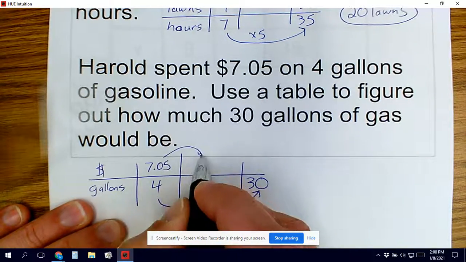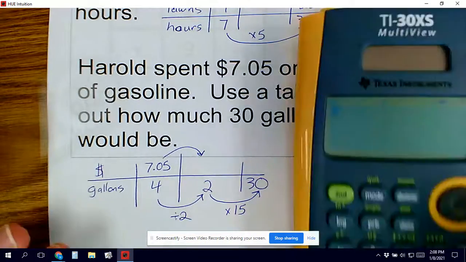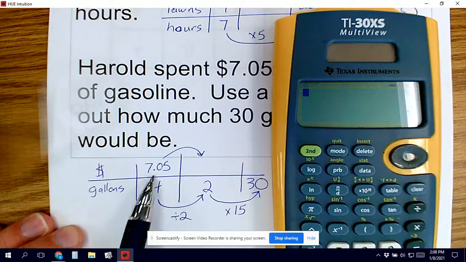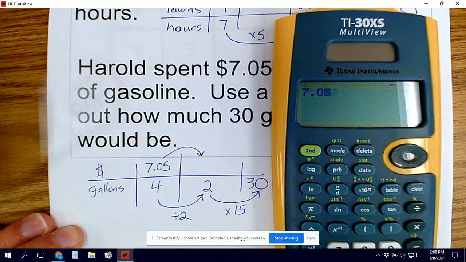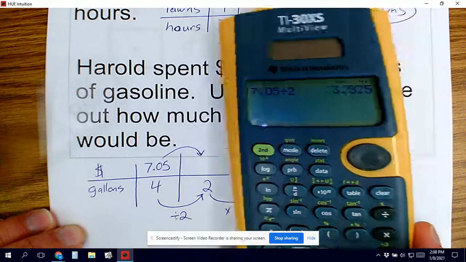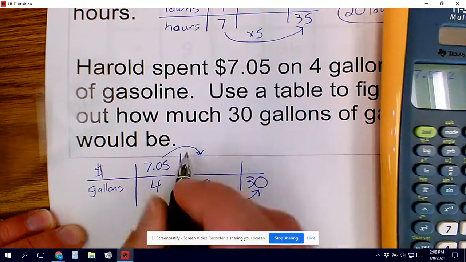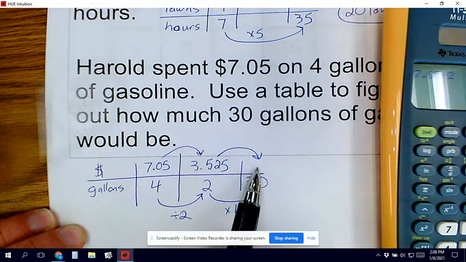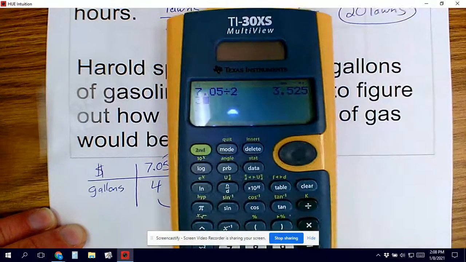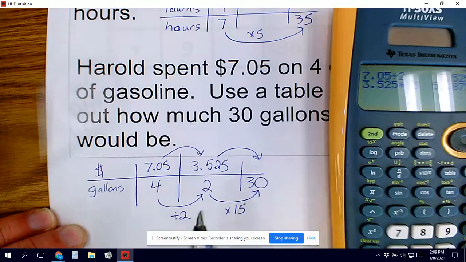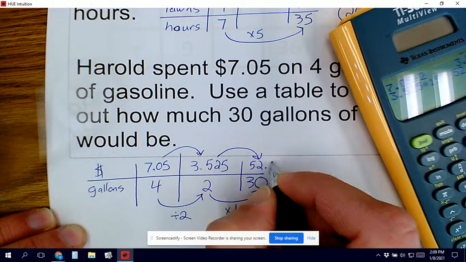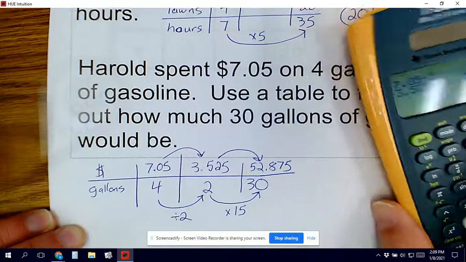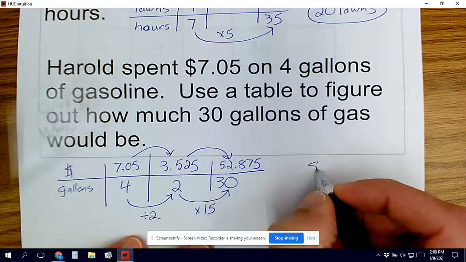Now let's complete that same sequence for our $7.05. Probably want a calculator for these calculations. First off, we're doing 7.05 divided by 2. And you can't see it because of my glare, but you should get 3.525. And then to go to our final jump, we're multiplying that by 15. So 3.525 times 15, you get 52.875. And now when I label that, because that is dollars,